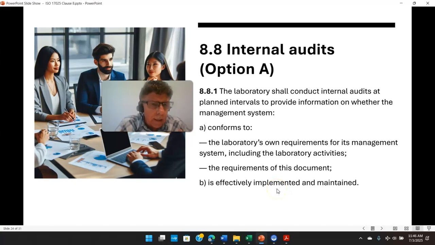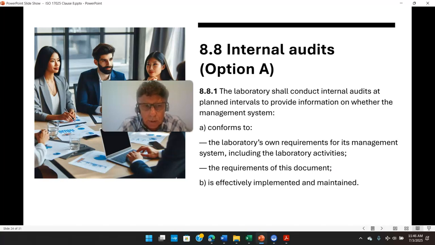So what does this mean? That means when you do an internal audit, in a planned manner, it doesn't specifically say how often you do an internal audit, but it does say that you need to do an internal audit that conforms to your own requirements, which means your laboratory, and also to this document, meaning you need to audit to each of the clause elements